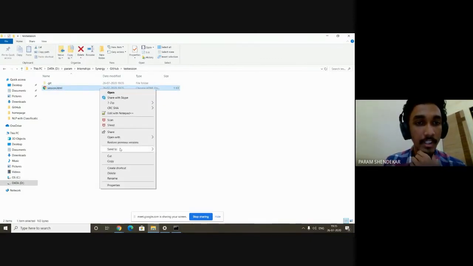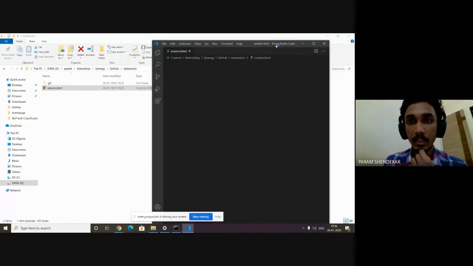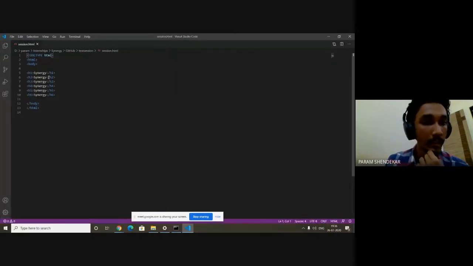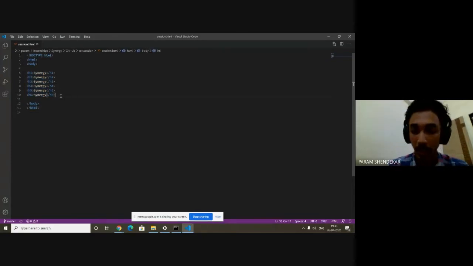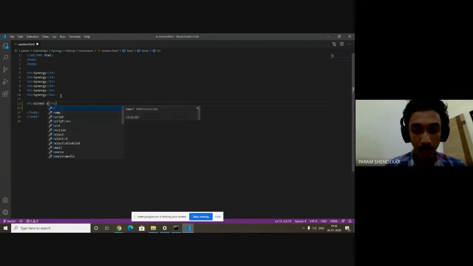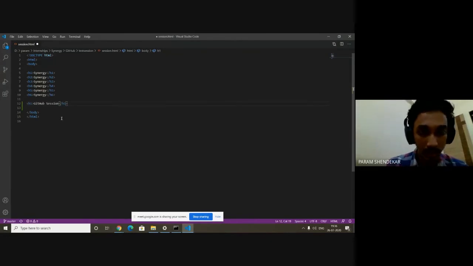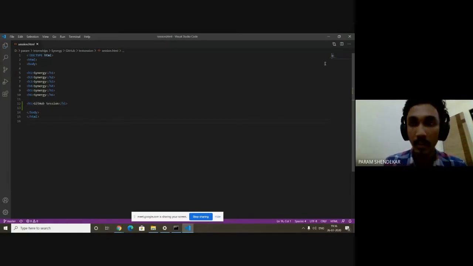Now I'll make a few changes in it. So I'll open it with my favorite text editor, Visual Studio Code. So yeah, I have opened it, and now see, this is the same state of the file that was present with me here. Now I'll make a few changes in it. So, for example, I'll add a new heading stating it is a GitHub session, and yeah, I just made a small change and I saved the document. And I'll close my text editor.